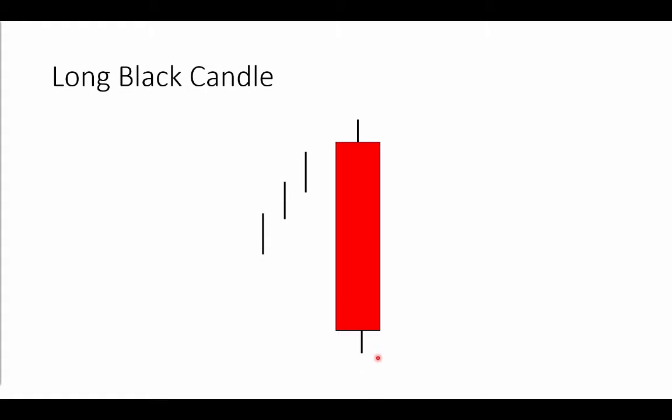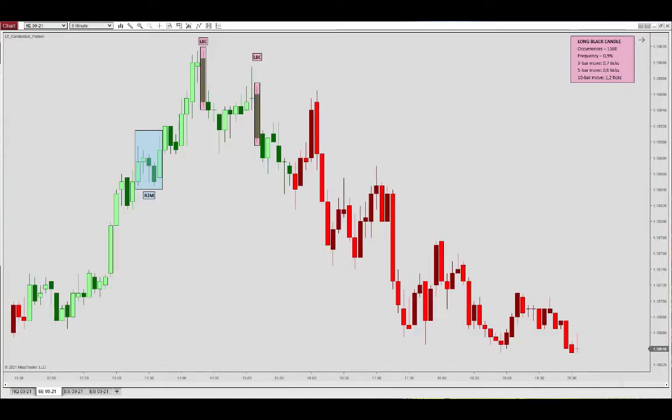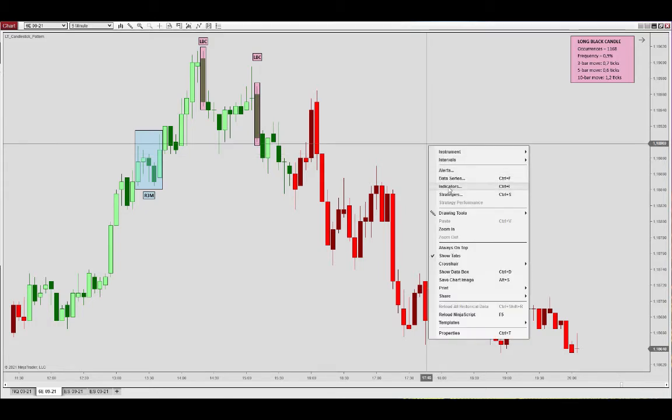So by default, we've set this to 0.25 for the lower shadow, and the long black candle to be 3 times the average of the reference period. So now we can have a look at the indicator dialog box and see how you can customize the pattern